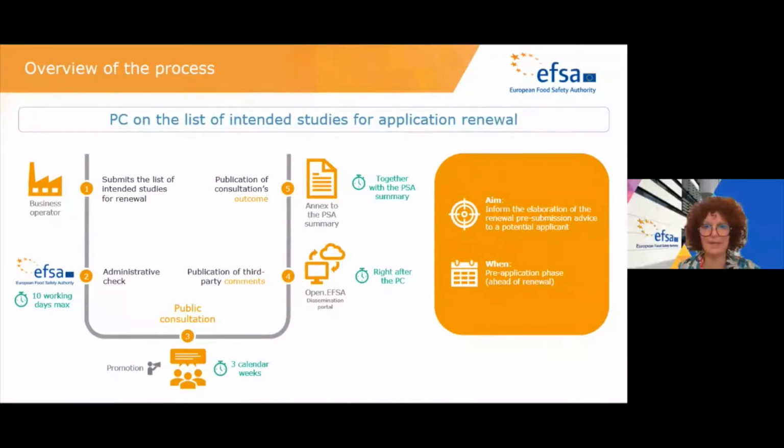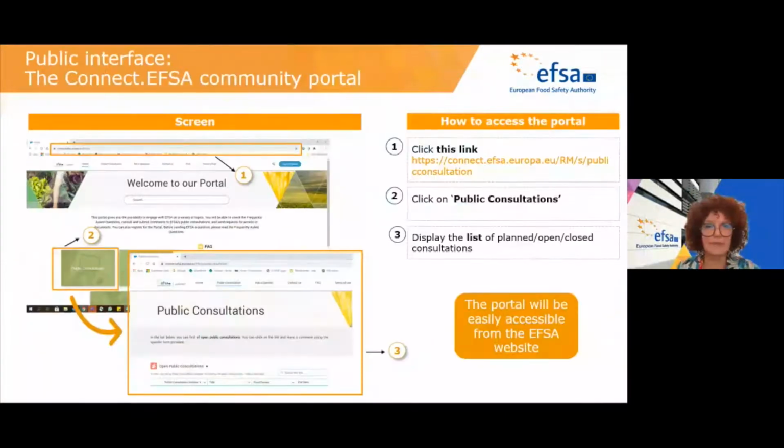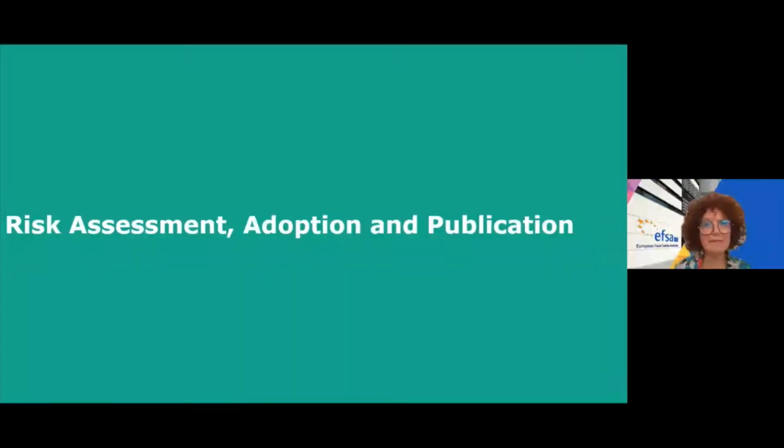On the next slide, where to find the information on the public consultation, it's very easy. On Connect EFSA, it's very visible. You can find a green box, public consultation, and here you have the list of public consultations open, planned, or closed. So on the next slide, we will go perhaps quickly to the last step,